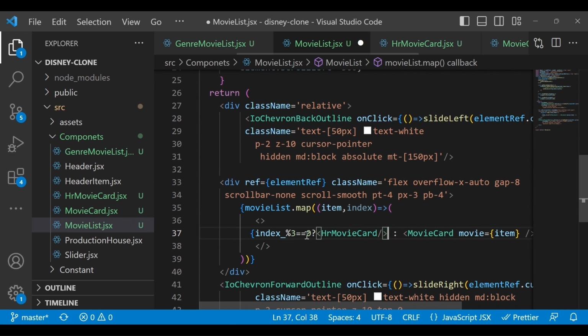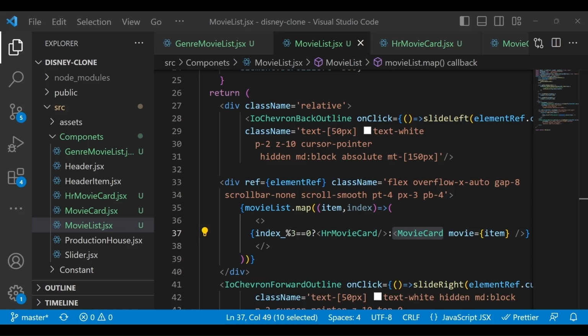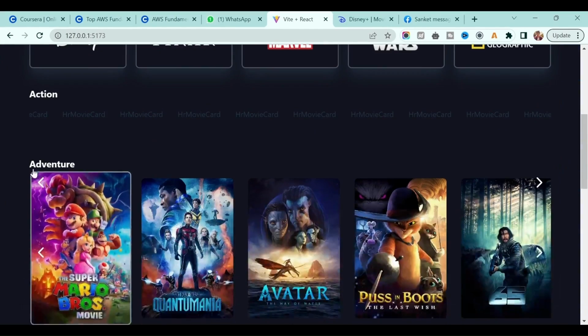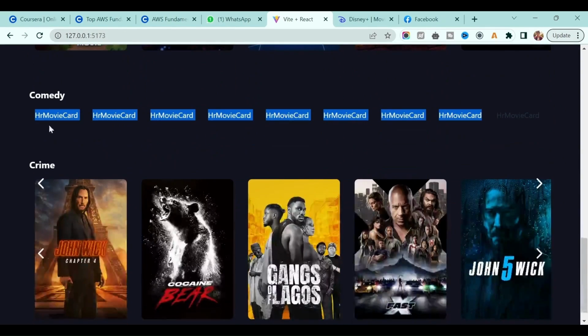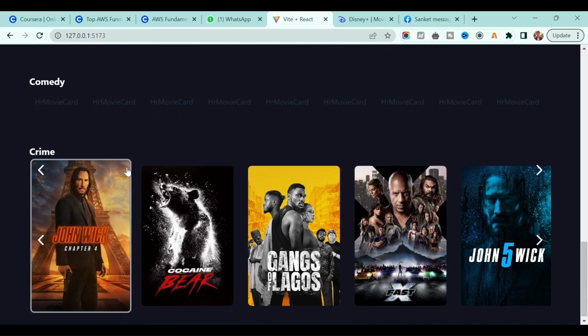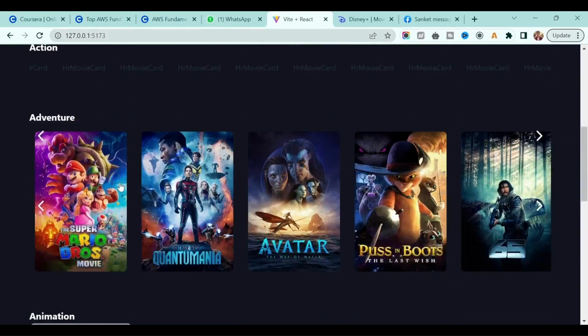Okay, so if you see, this is a ternary operator, which is popular. Instead of an if else, we will use this ternary operator, right? So what it will do is check if the index value mod 3 is 0 or not. If we are getting this value, then we show the hr movie card. Otherwise we will show our regular movie card, which is a vertical banner. Now if I save it and go back to our application, you will see this. At first we are seeing it, then second, third no, then for the fourth, for comedy, we are getting this hr movie card. So we have to make sure of that.